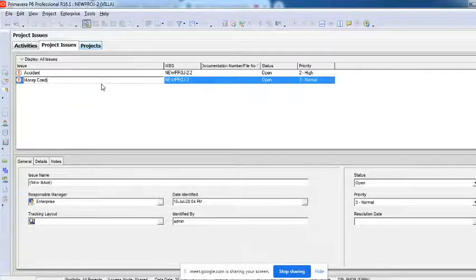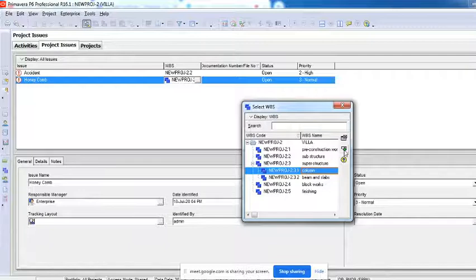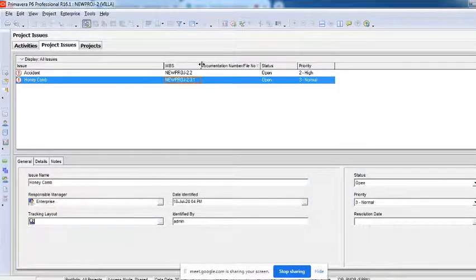honeycomb is the issue. It's a technical issue, right? Or anything you want. Then you go and select where it is, whether in the substructure or superstructure. Here in the columns, this honeycomb problem is there, so I'm just selecting that WBS and then select. You can see this is specifically selected to one particular WBS. This is not required actually, I'll just remove it. Or it's okay, let it be here, we'll see it later.